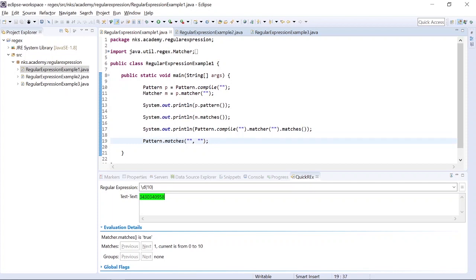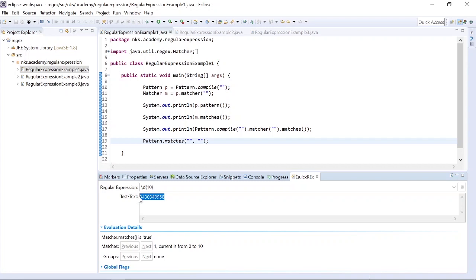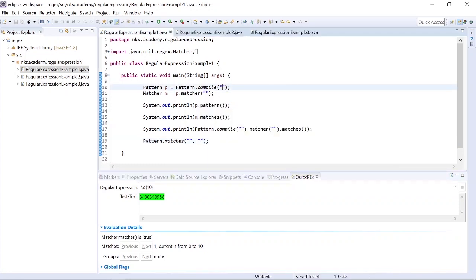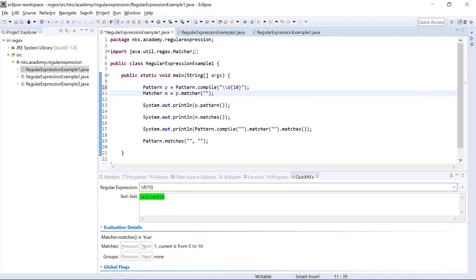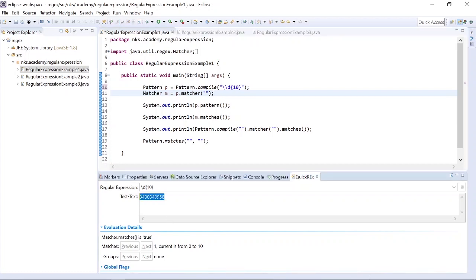Now see this, I have created a pattern which is matching a 10-digit number. Okay, now how to implement it through code? Pattern p equal to Pattern.compile. So here we are going to compile our regex. To copy the regex that we have written in the regular expression section, we can hit on this button which will copy it there. Now our regex is placed. Now we need to put our text. I will copy this and I will place it here.